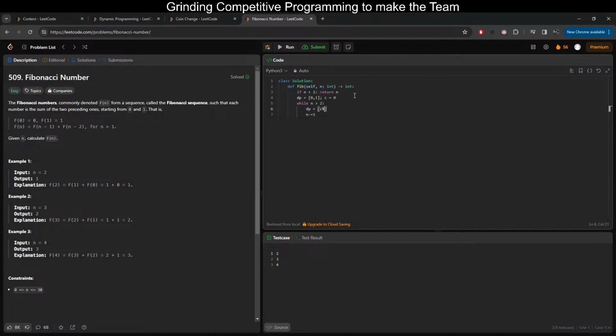So cur mod 2. So the dp at cur mod 2 is equal to, actually this needs to be while cur is less than n. Cur is going to be equal to 2, and then while cur is less than n, this is going to be equal to